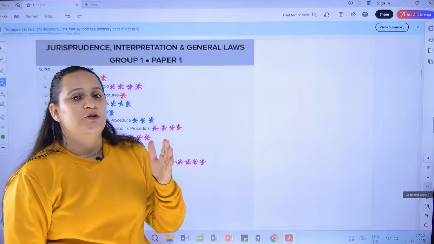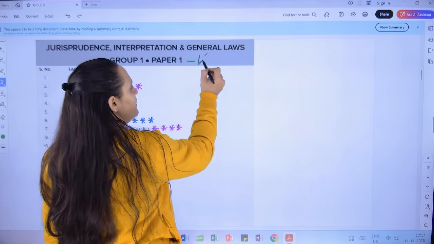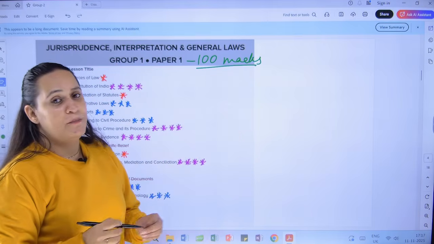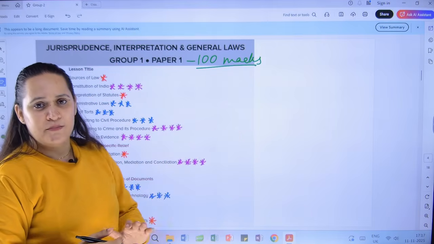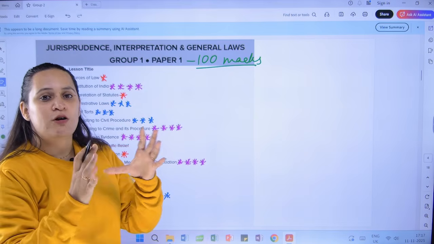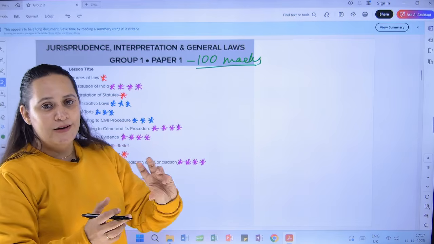The most important thing that you should remember for JIGL is there is no segregation or division of the subject. The entire subject is for 100 marks. So you have to prepare accordingly. For any other subject, all the other remaining subjects are divided in part A, part B. So you can focus on one part more, have a strong preparation for one part, and little you can neglect